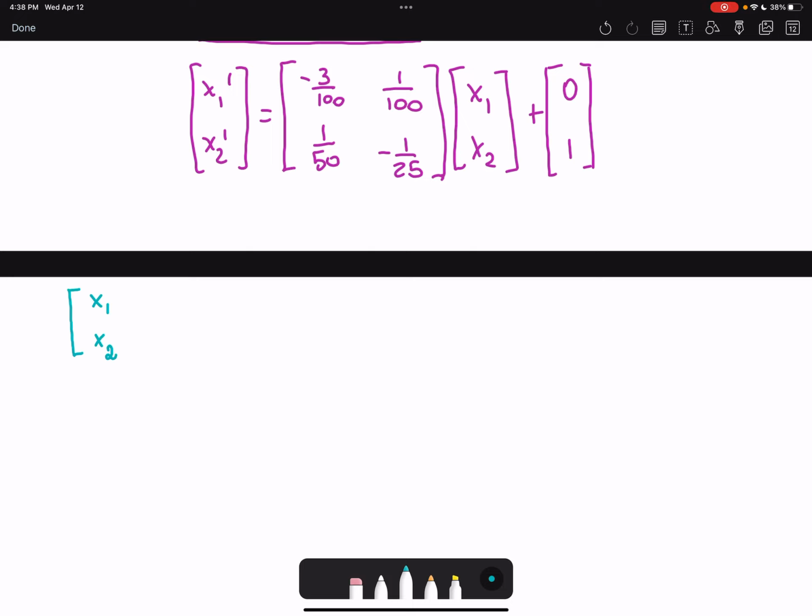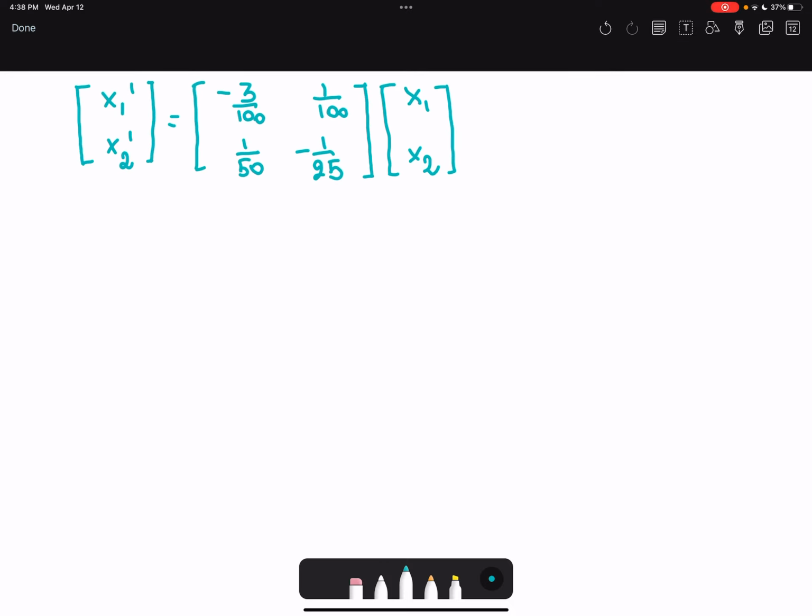So x sub 1, x sub 2, these are both primes, and minus 3 over 100, and 1 over 50, and 1 over 100, and negative 1 over 25. We close this, x sub 1 and x sub 2 here, and this is the homogeneous part. So how do we solve this? Well, to solve this, all we have to do is solve for the eigenvalue, which is